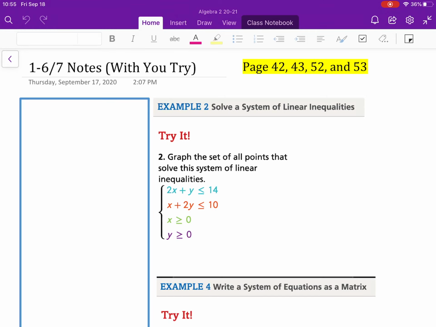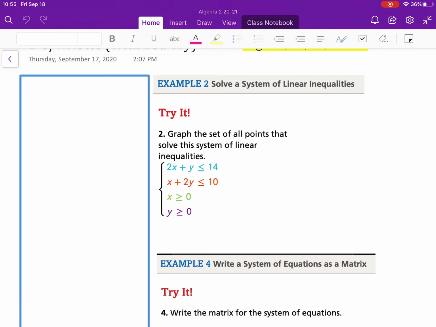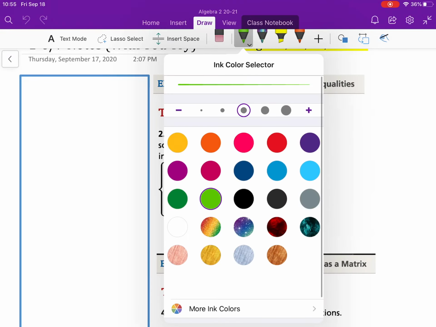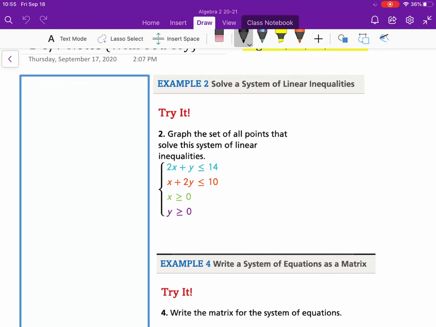Example 2 is going to look a little messy. I do want a graph over here, so I'm going to draw myself a graph first before moving on to Desmos. Okay,